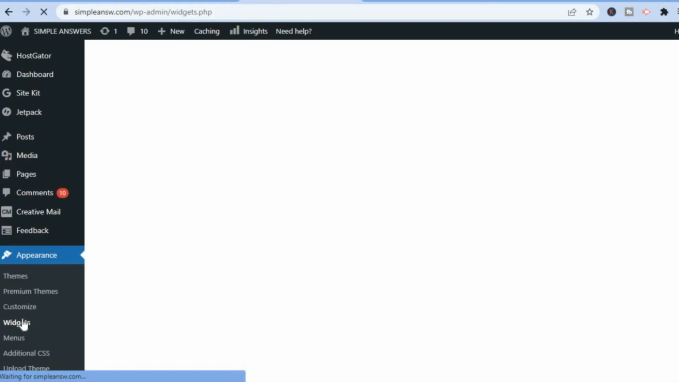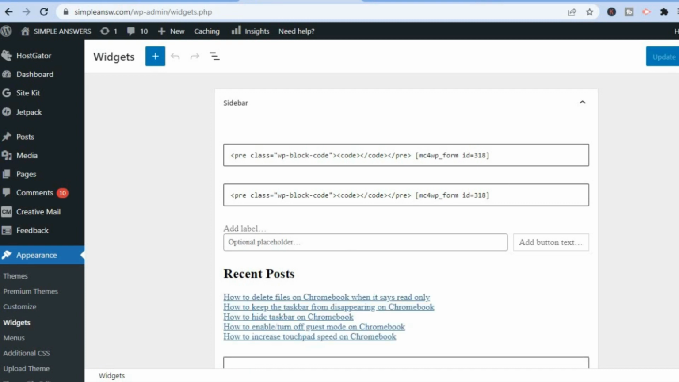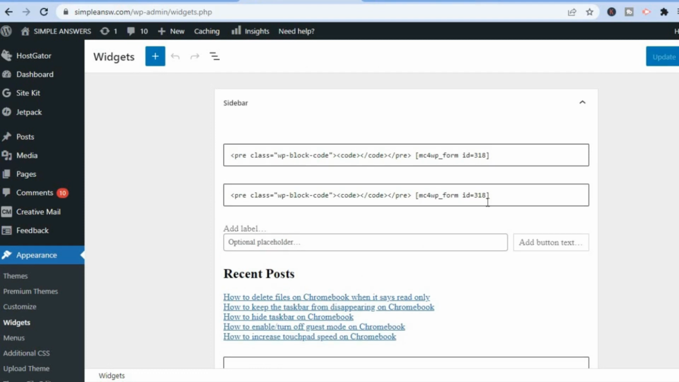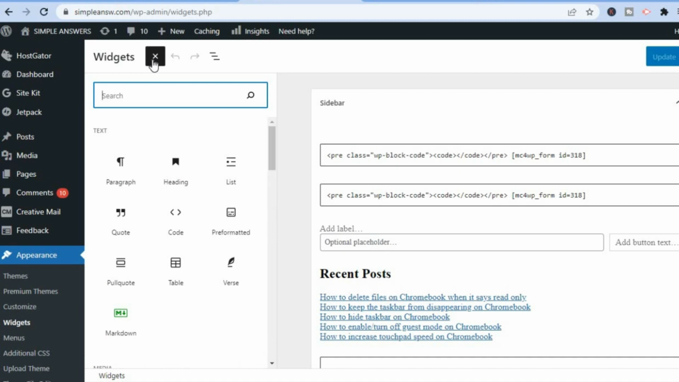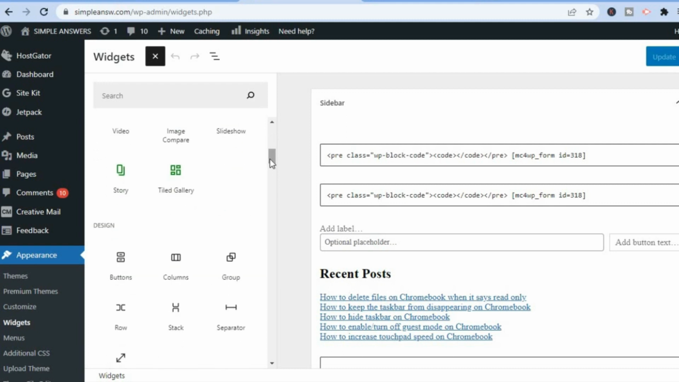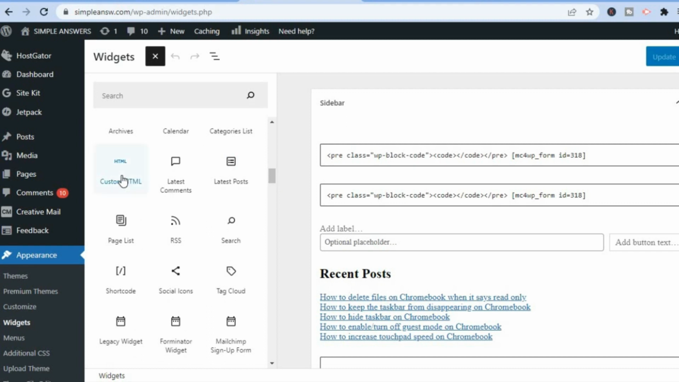After selecting widgets, you'll be redirected to this dashboard. And from here, you will see the option sidebar. And to add an HTML code to your sidebar, all you have to do, you're going to tap on the plus in the top left hand corner. Then from here, you want to scroll down as we want to add a custom HTML. So we are looking for custom HTML. You can see it right here. You're going to tap on that,